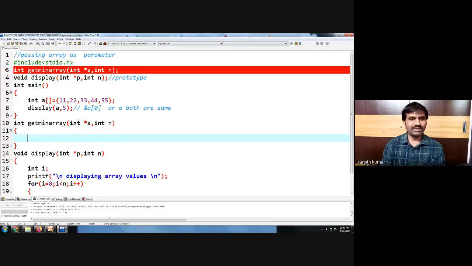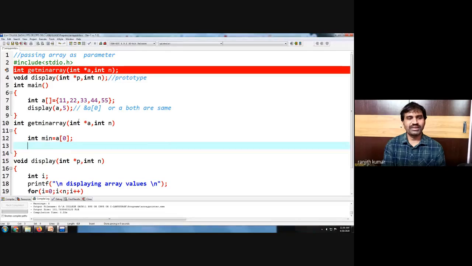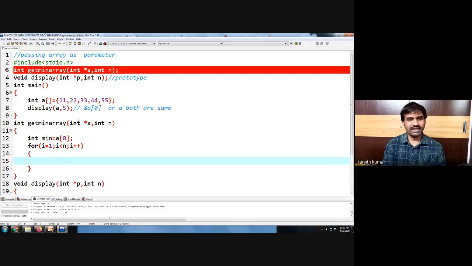And how to find the minimum? We already know. Declare a temporary variable: int min, which is initially equal to a of 0. Then for i equals 1, i less than n, i plus plus, we check if a of i is less than min.